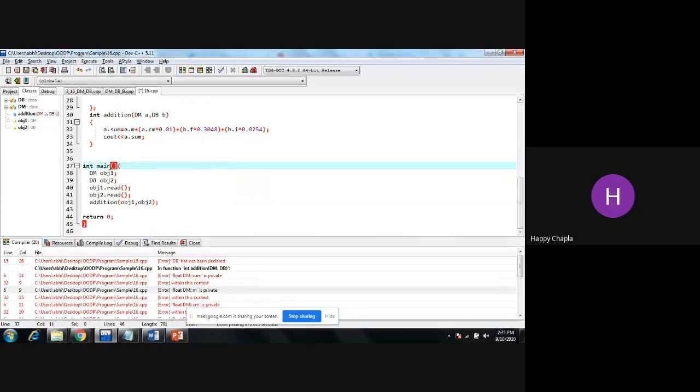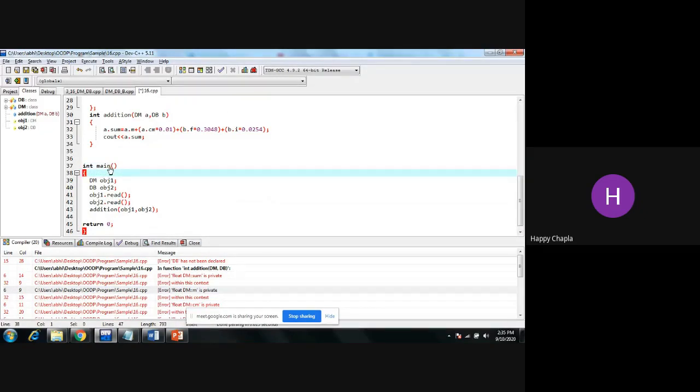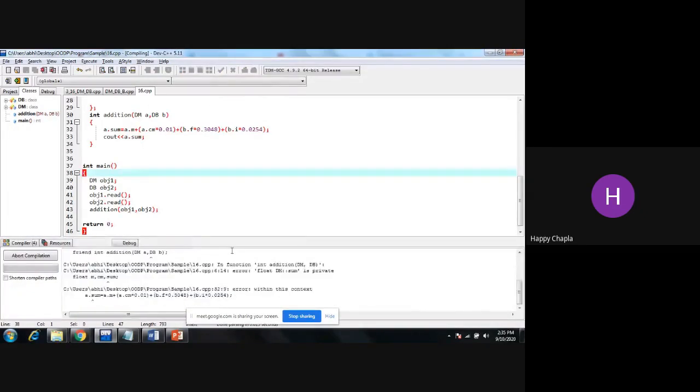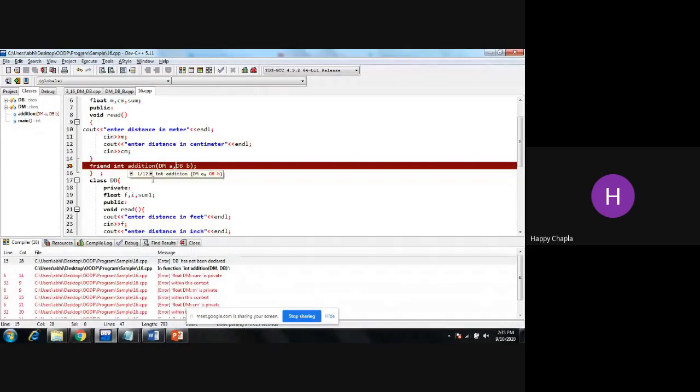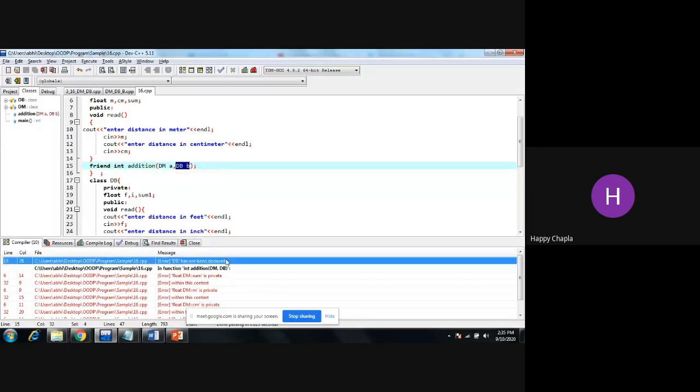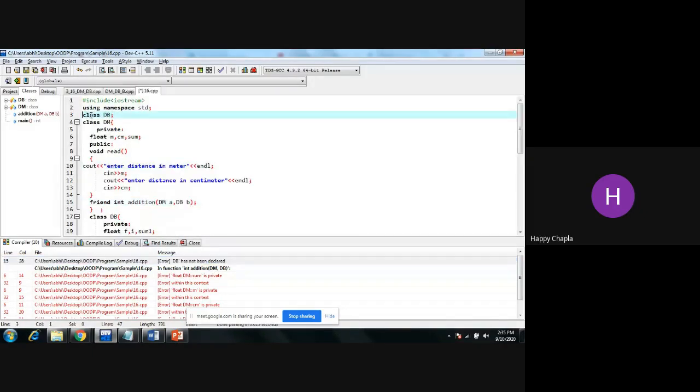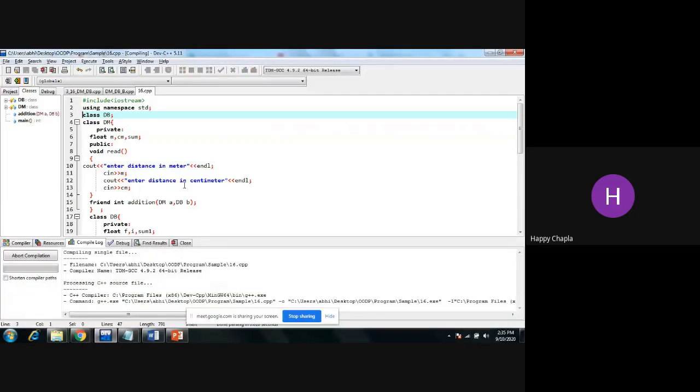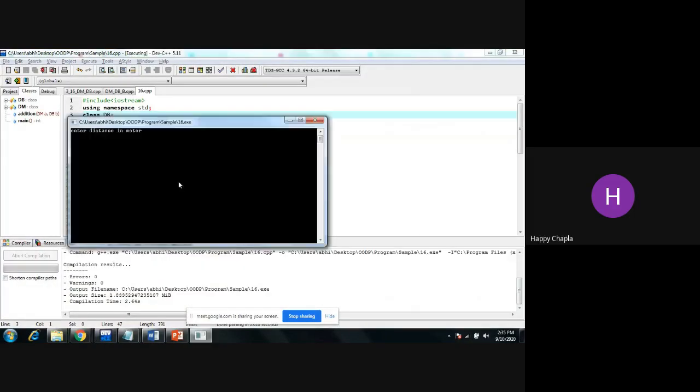How can you write integer main without a bracket, right? So the first error is this, and the second error is for this db. Okay, db has not been declared. That means, as I have suggested, if you have two classes, then you need to declare one class before you are using the class. Okay, so now it is going to work perfectly.